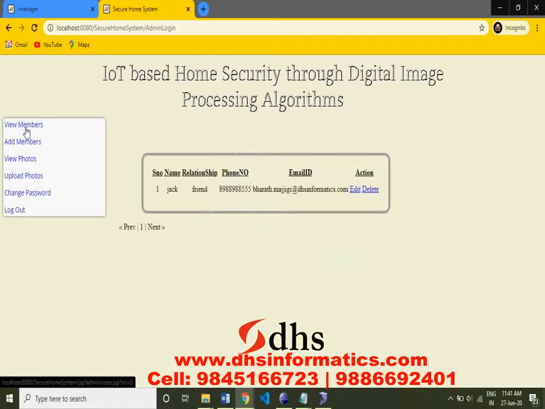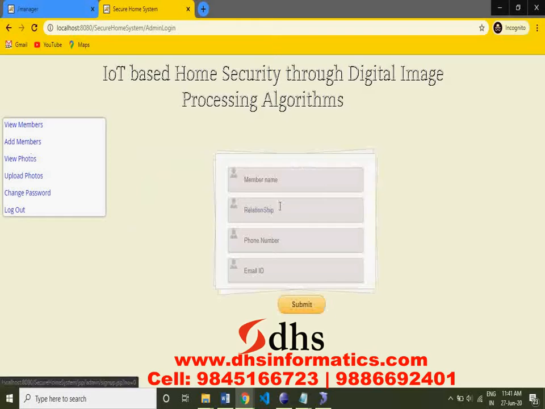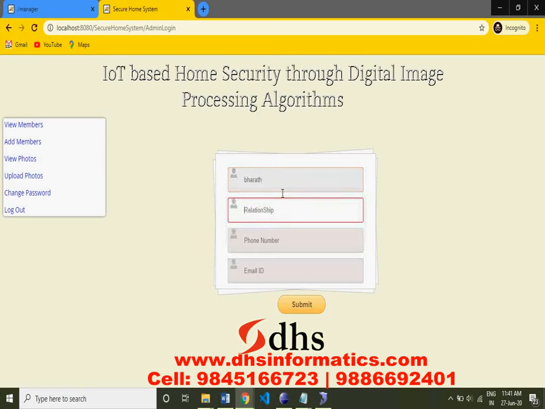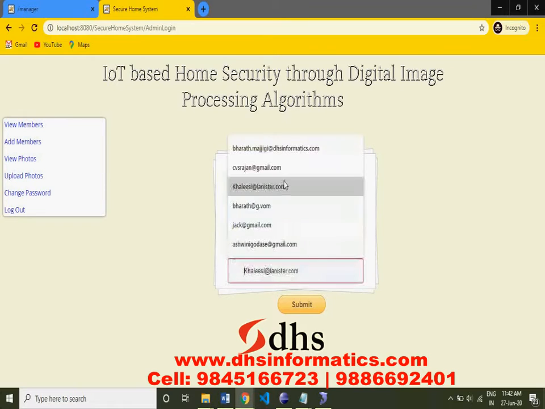First, I have already added one user called Jack. So I'll add another user. So name, then ID.